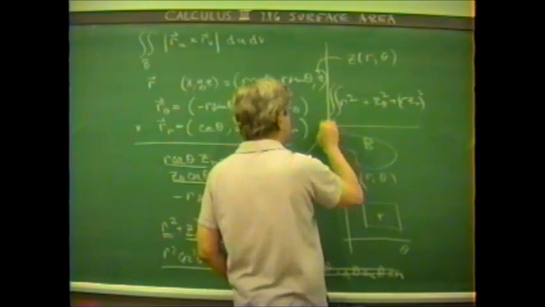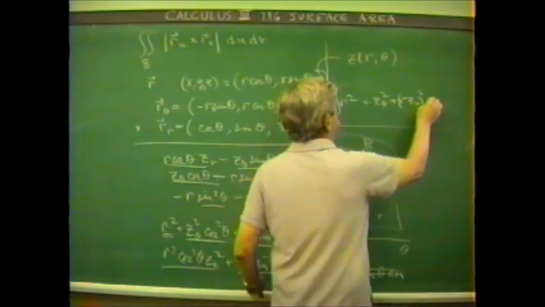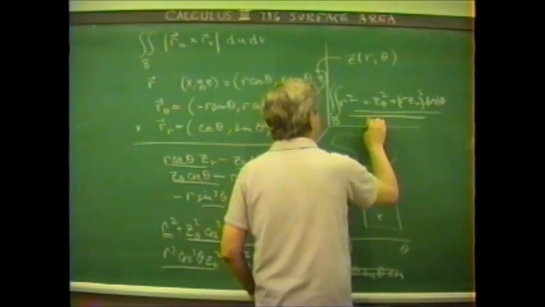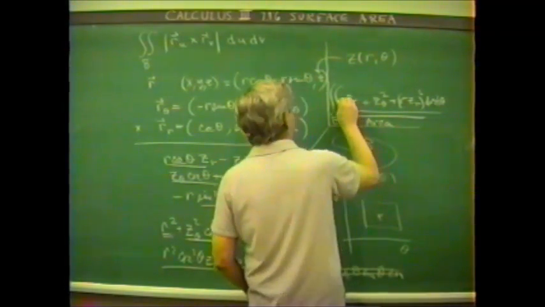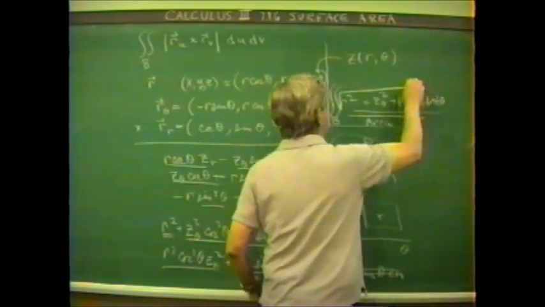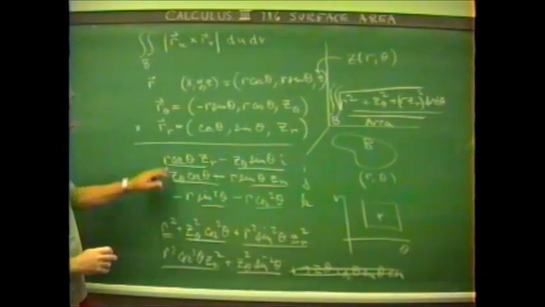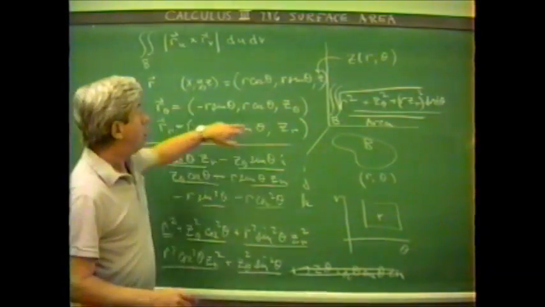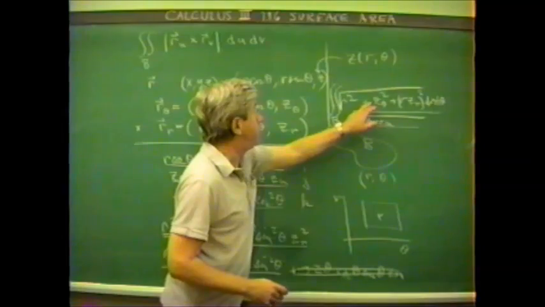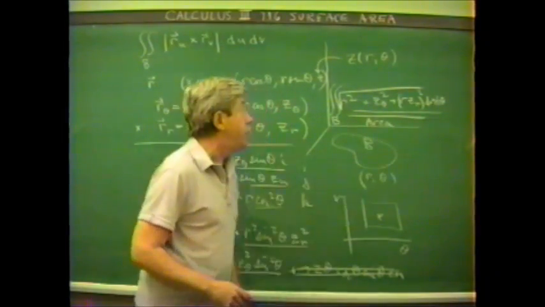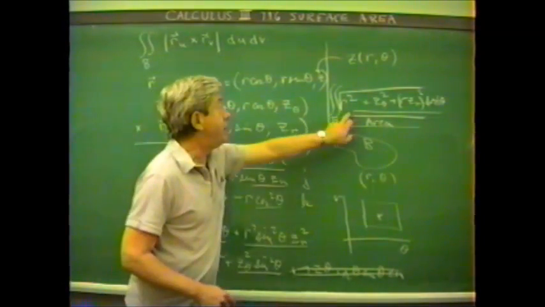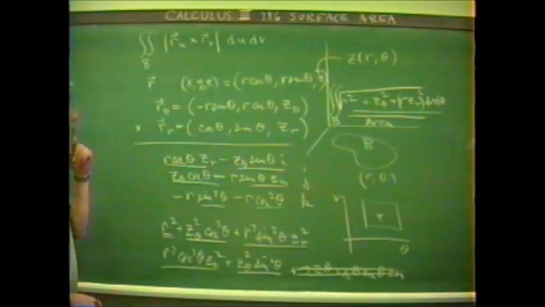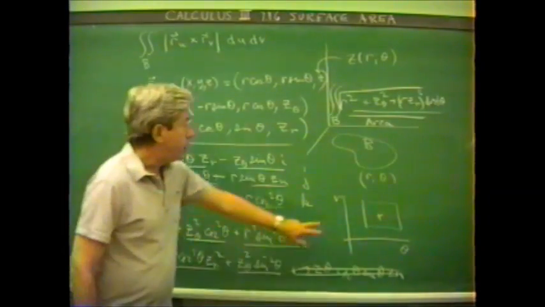We integrate this over our region B with respect to r and with respect to theta. This then will give us the surface area. I want the magnitude of r theta cross r over the region B, so it's going to be the square root of this: the square root of r squared plus z theta squared plus r z r squared, dr d theta. There's no multiplier in here. This is the actual integral. And so this is an example of how to get a formula for surface area when you're dealing with a math